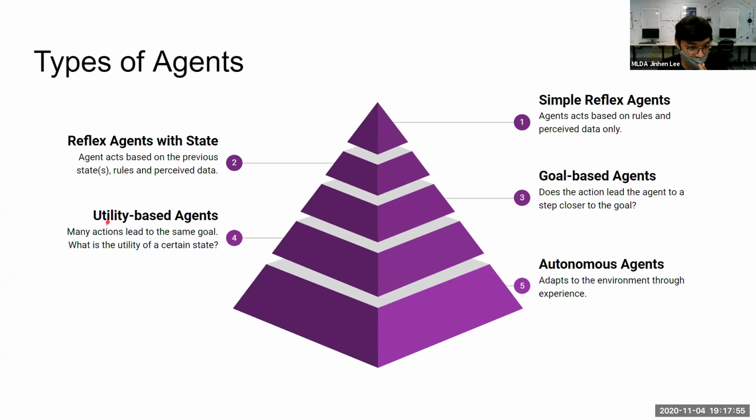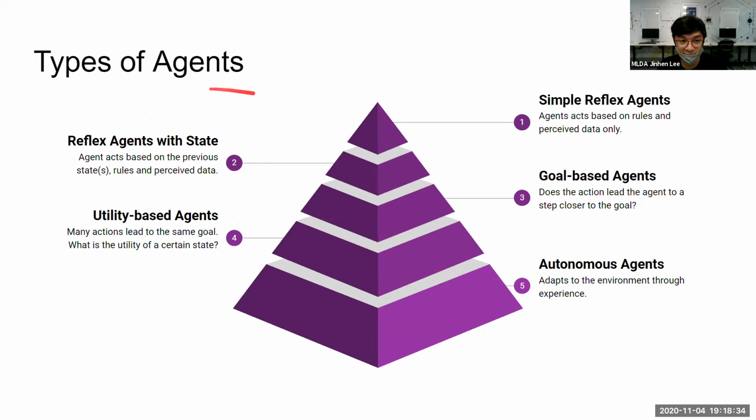And also you have utility-based agents. Just now, the green, blue and red routes all lead to the same finish line, but which is the better one? We need this to help us tell which is the best way. At every point, we can have certain utilities. Maybe we draw a radius around the goal, to tell that this is getting closer to the goal. Finally, if you combine all these together, you can even make an autonomous agent which can adapt to the environment through experience. Later, in the last part, we will cover reinforcement learning and how this might be achieved.